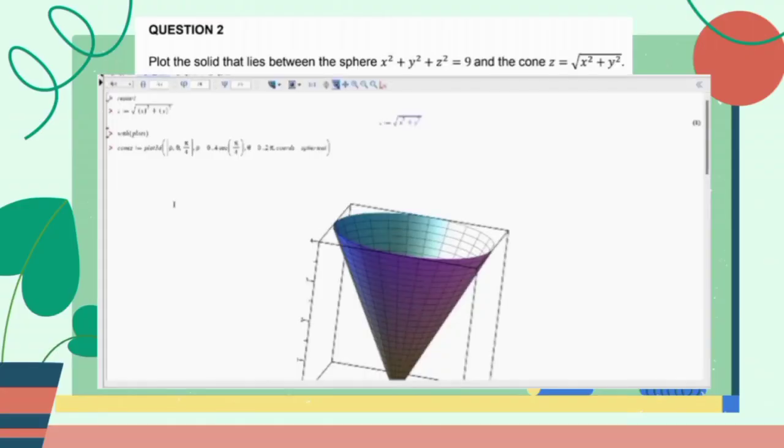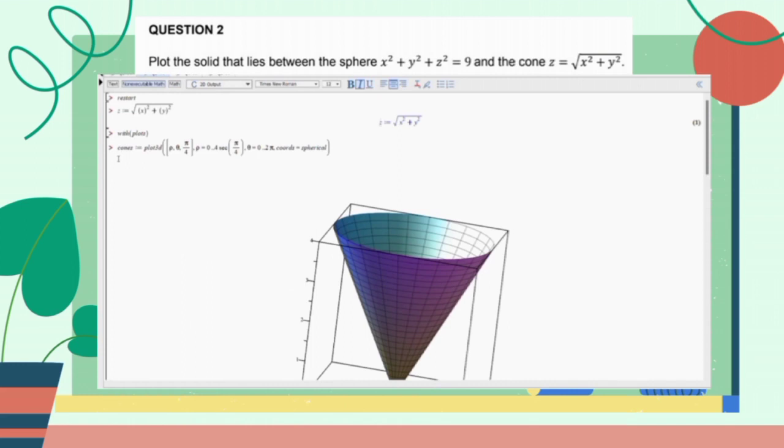Alright, move on to question number 2. The question asks to plot the solid that lies between the sphere x to the power of 2 plus y to the power of 2 plus z to the power of 2 equal to 9, and the cone z equal to the square root of x to the power of 2 plus y to the power of 2. Same as question number 1, we start the command with restart